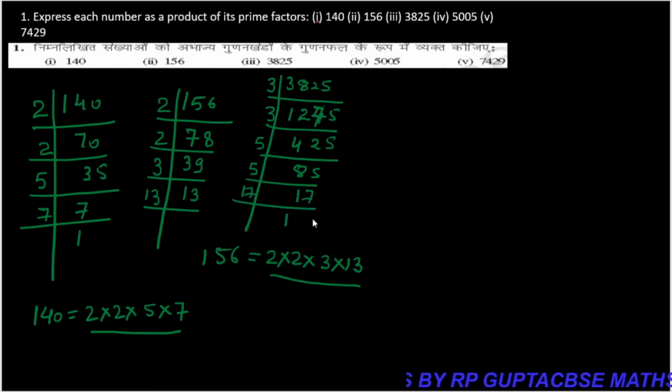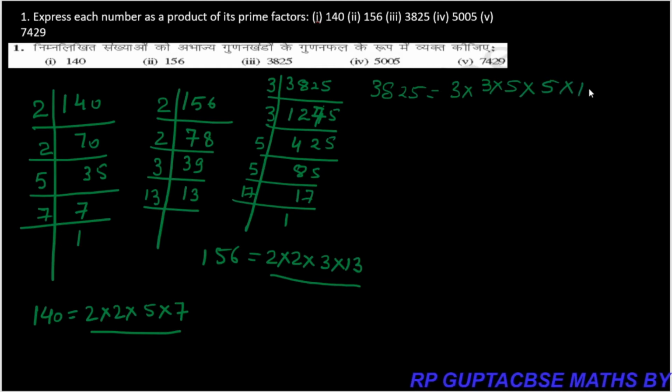So again, this number 3825 can also be written like this. I can write 3825 is equal to 3 into 3 into 5 into 5 into 17. I can also write it like this: 3 square into 5 square into 17. Okay children,